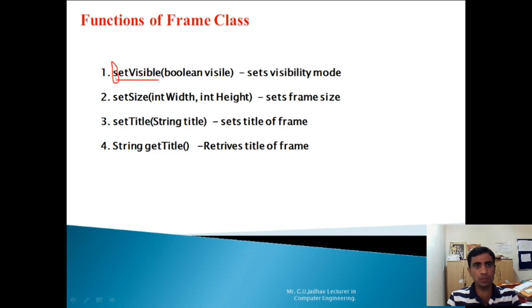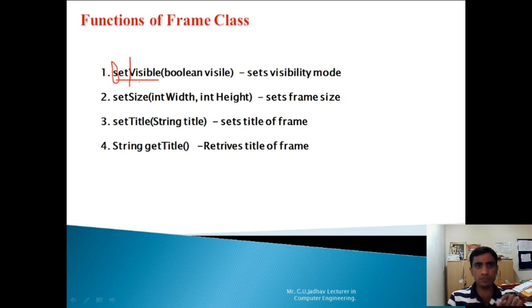In Java, any method's first letter should be small, and if the method contains two words, in this case set and visible, the second word starts with a capital letter. So this is the normal naming of a Java function.